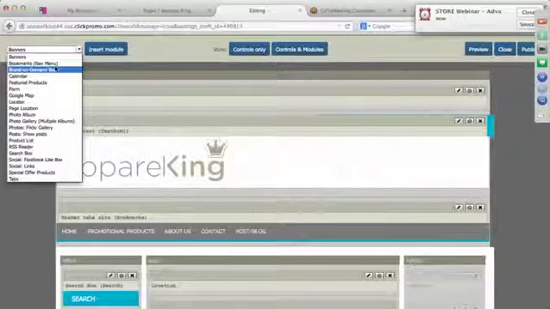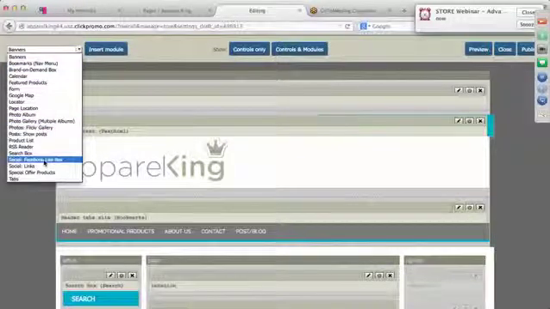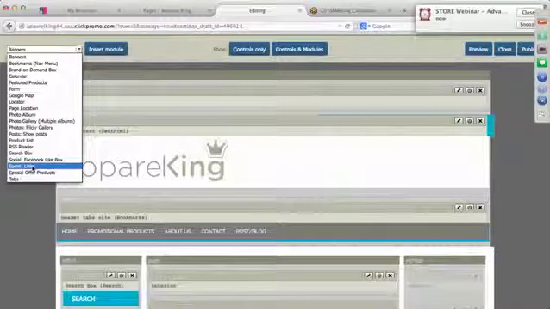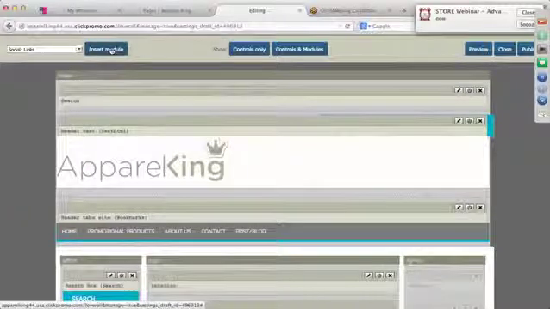Now I do want to let you know there's a couple of social media modules that you can work with. You have the social Facebook like box, and that allows you to put a Facebook like box on one of your pages or every page of your site, and people can see a running stream of what's going on with your Facebook. You can click on it, and customers can go into your Facebook that way. Now, the other one is social links, and this is really those links that you saw earlier on the site, and I would advise most distributors to get onto their site. If you click on social links and you insert the module,